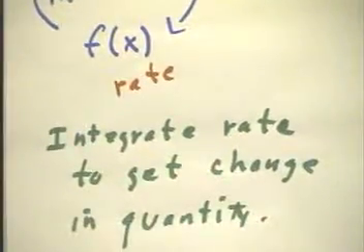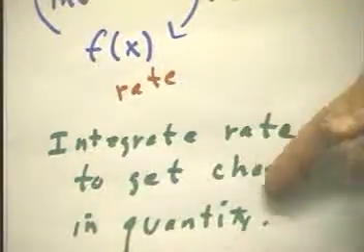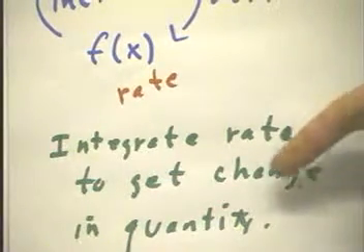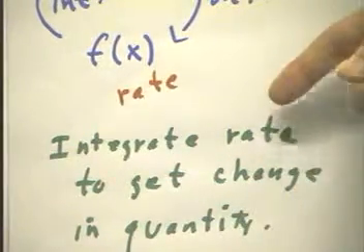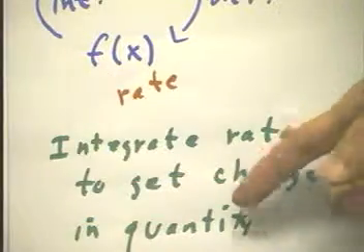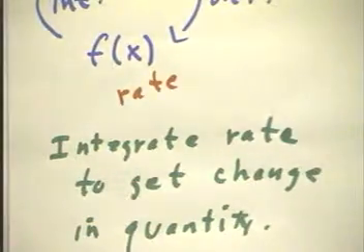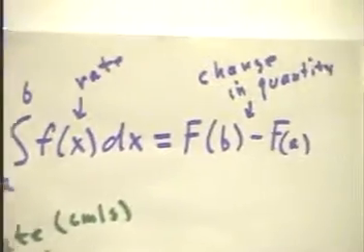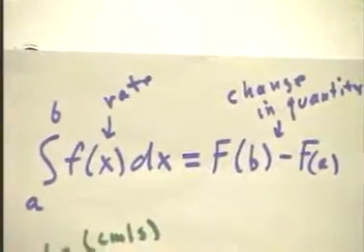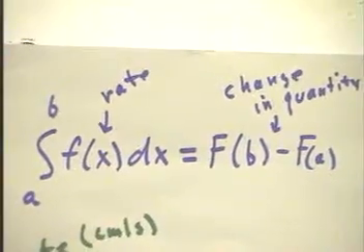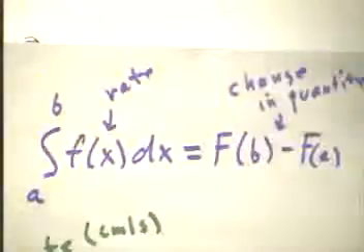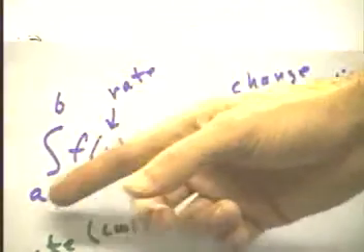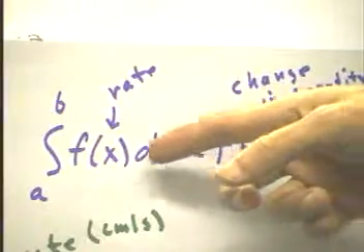And we make the statement that we can integrate the rate to get the change in the quantity. Integrate the rate of depth change to get the change in depth. Integrate the rate of temperature change to get the change in temperature. Integrate the rate of change of money to get the change in the amount of money. Specifically, what we get is when we integrate a rate between two values of x or t,